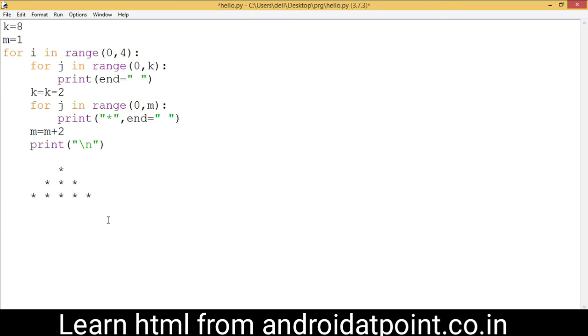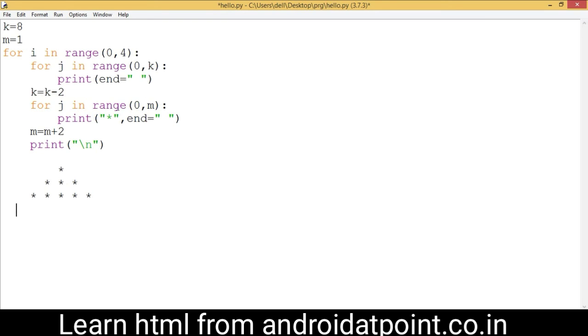Now control comes to the starting point, cursor, and now control comes to the outer loop and adds the 1 value to the lower limit, and after adding, the value is 3 as a lower limit. 3 value is assigned into the i variable. Control comes to this loop and initializes the 0 value to the lower limit, and the value of k is 2, so 2 is the upper limit. So this loop will be executed 2 times and provide 2 spaces here, 1 and 2. Now this loop is terminated. Control comes here and simply subtracts the 2 value from the k variable. 2 minus 2, 0 value is assigned into the k variable. So the value of k is now 0.